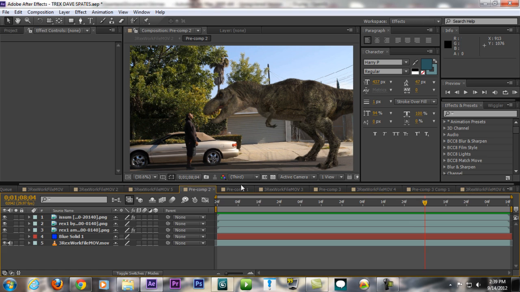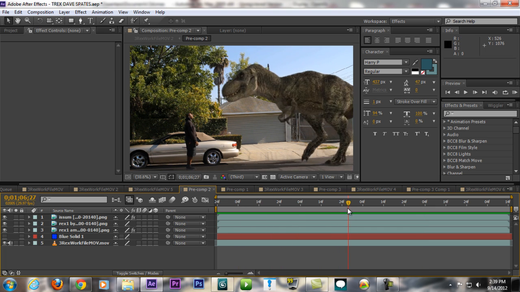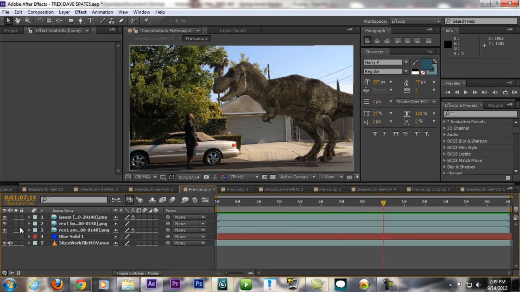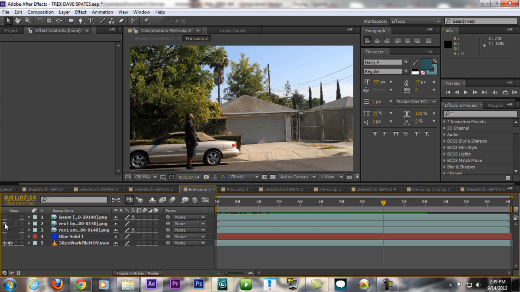So Sam and Nico from Corridor Digital actually already told us how to render properly. Back in the day I always rendered, for example, this T-Rex with the shadow and so on. Well, the problem is when you color correct the T-Rex, the object, it will also color correct your shadow. So Sam and Nico teach us how to render properly, which is to render the object and the shadows separately. As you can see here, I get the T-Rex alone, and then the shadow, and then the ambient shadow. All of them are rendered